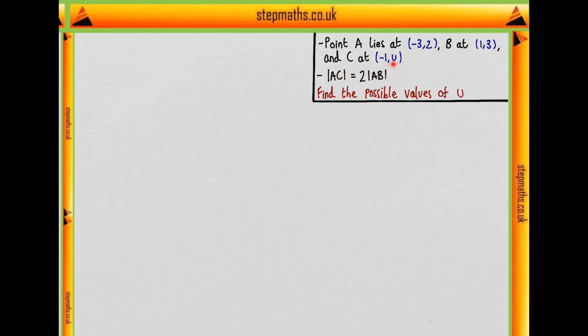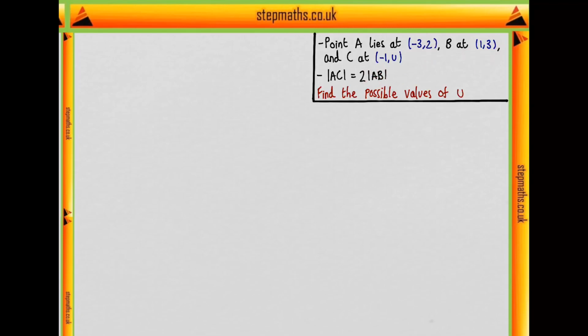So how do we go about this? Well, we could draw a diagram, but in all honesty, having had a brief look at it, it isn't particularly helpful. The sketch doesn't shed much light on what's going on. But this question concerns the distance between A and B and the distance between A and C. So the first logical port of call may be to try and get expressions for distance AB and distance AC. We'll start with AB because we know exactly where both those points are,